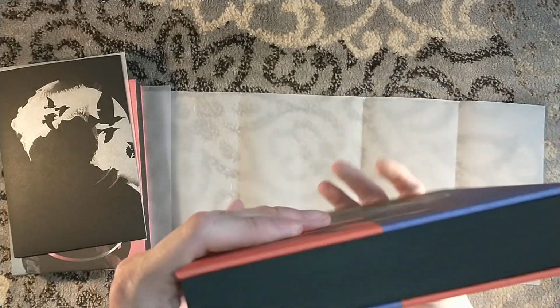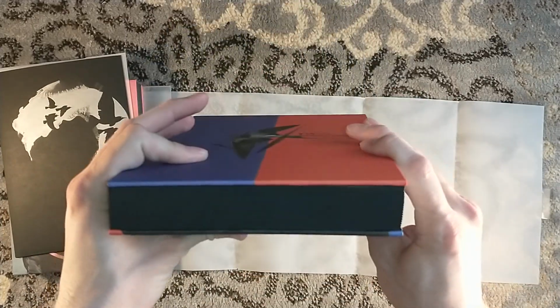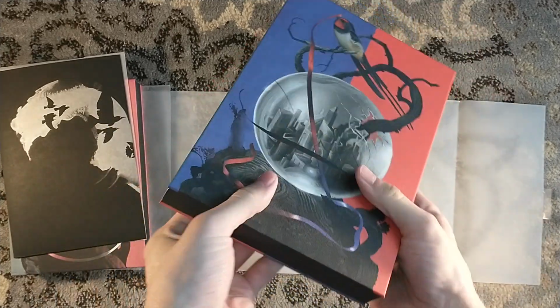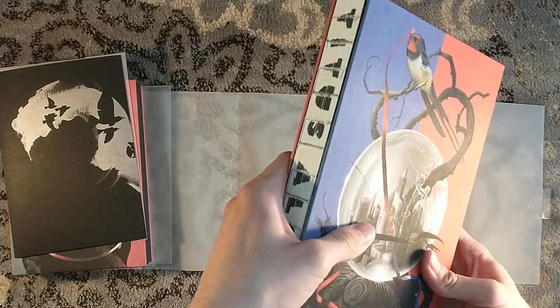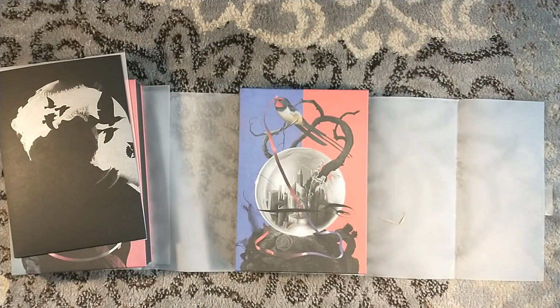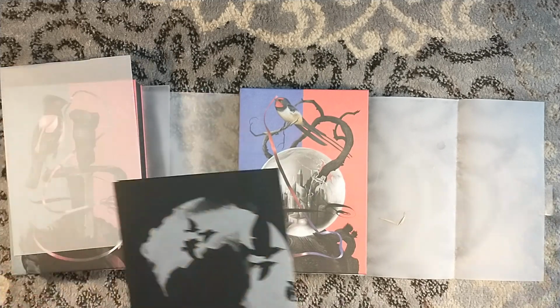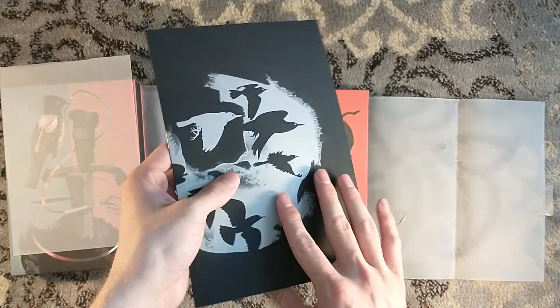Titus Alone. I gotta say, I think my copies held up very nicely. None of them have any glue residue on the page edges. They're bound in black, they're stained in black. None of them, one's got a little mark on the back, but nothing too crazy. And then we have a silver foiled envelope here,